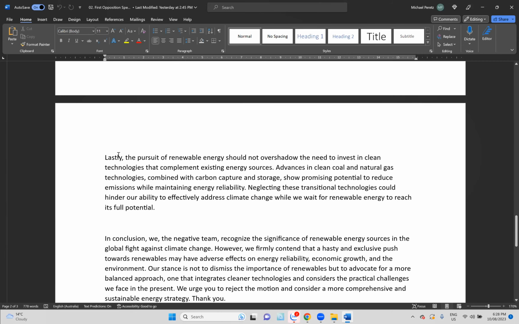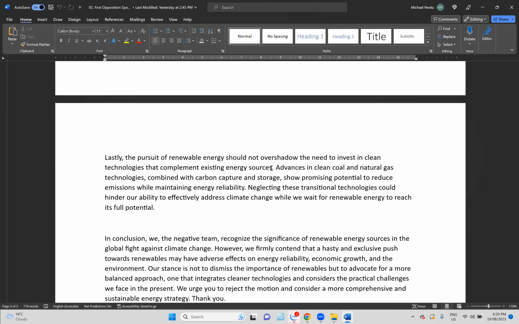And lastly, a good signposting, making sure that we are very obvious that we're moving on. The pursuit of renewable energy should not overshadow the need to invest in clean technologies that complement existing energy sources. So the main case being made here is...